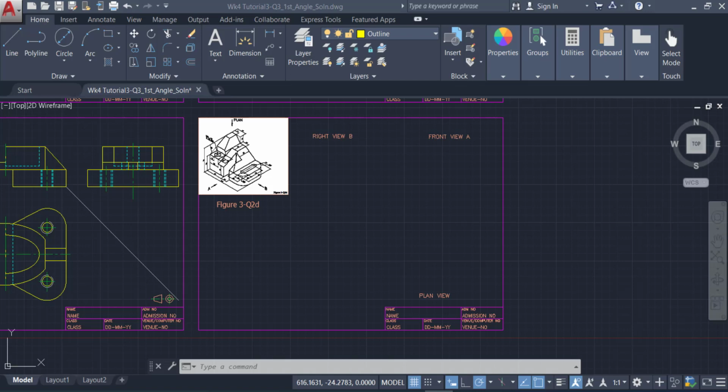In this video, I will show you how to do figure 3 question 2D. For this particular question, the orthographic views have to be drawn in first angle projection. So for first angle projection,